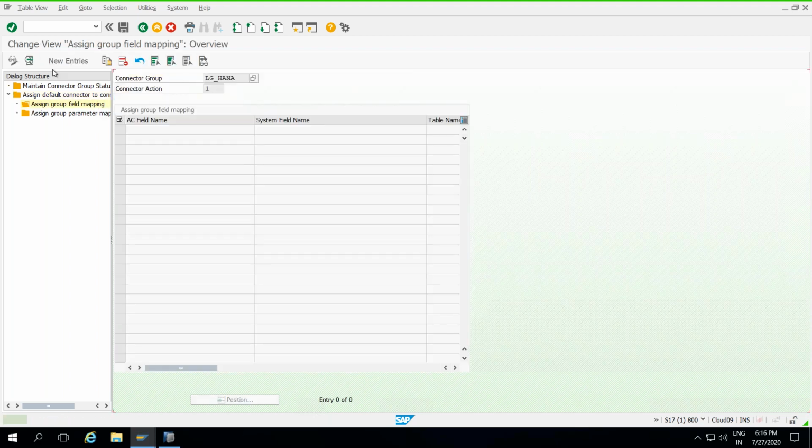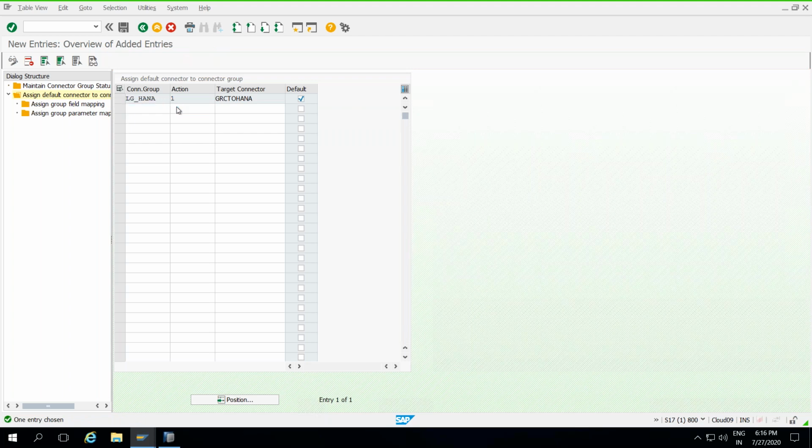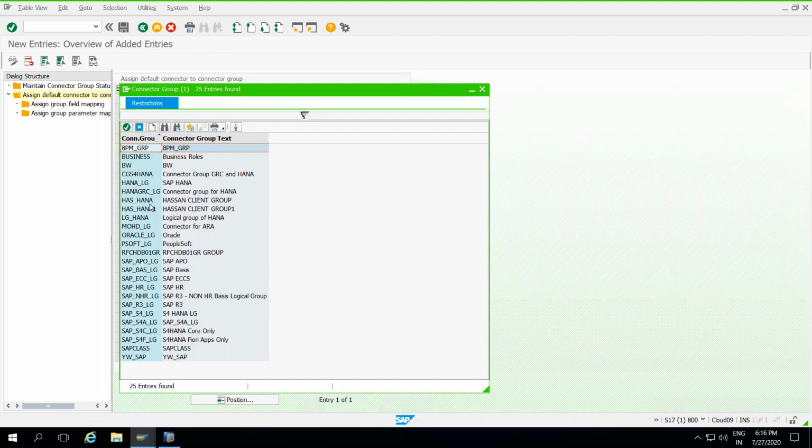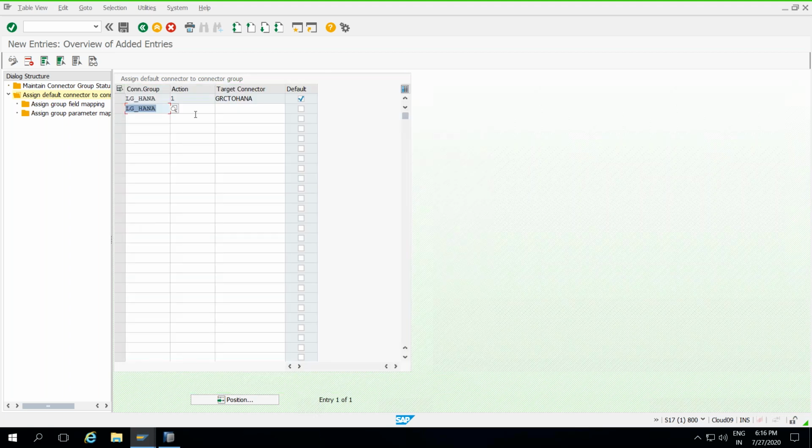Assign the field mapping. Sorry, this is not required. Next one. Logical group, connection type 002. The connection was correct. Yeah.